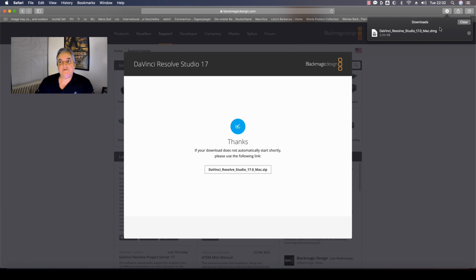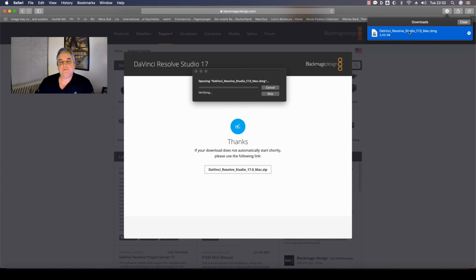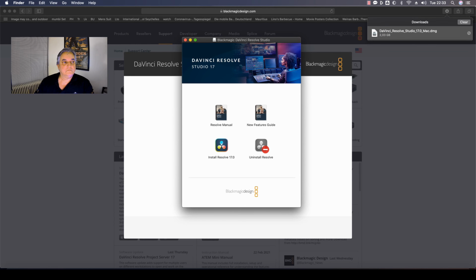And now we have the DMG file. I can just double click on this. This will tell me now that I can install Resolve 17 once this menu pops up. I've got the Resolve manual and the new features guide, and we have the installation and the deinstallation application. So if we go to install it,